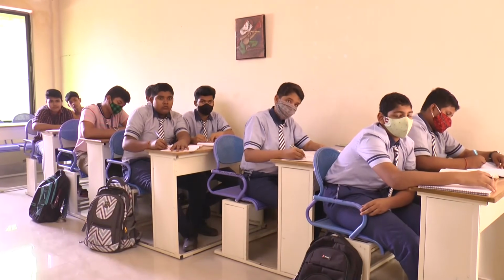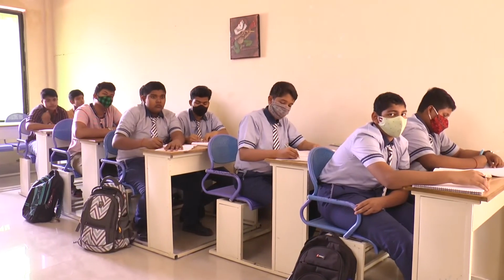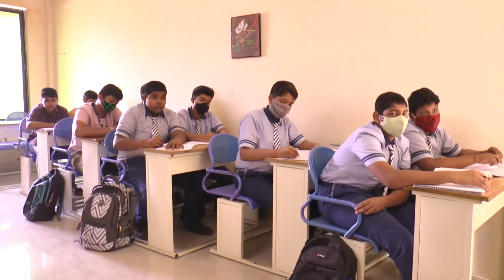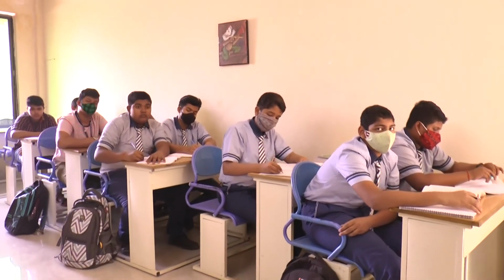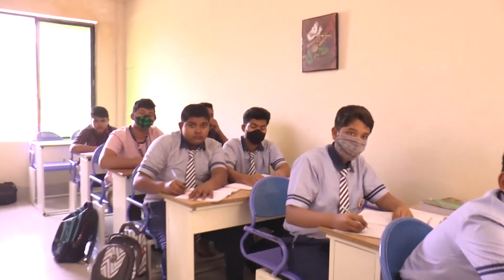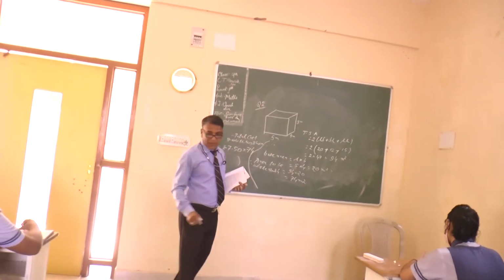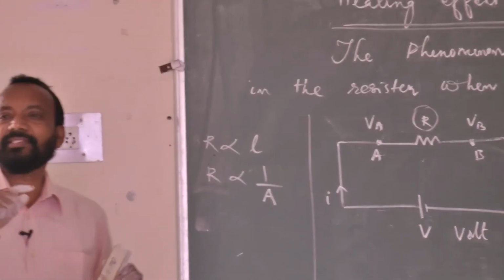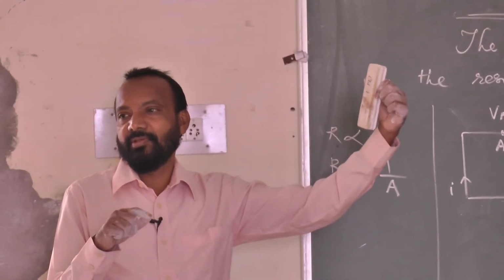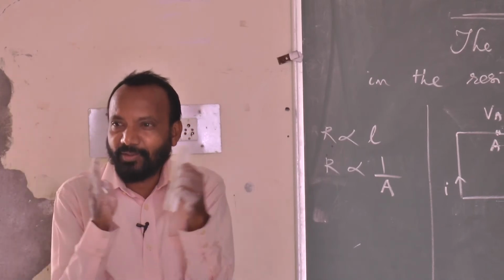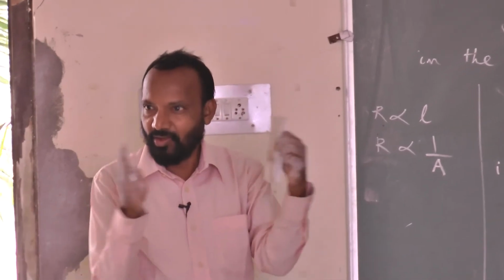Then we are going to calculate the specific resistance. Suppose if you know, we will get a little idea that resistance is depending upon what? Resistance is depending upon the length of the conductor. If the length of the conductor increases, then resistance also increases, and resistance depends inversely on the area of the cross section. Area of cross section decreases, the resistance will increase. Area of cross section increases, then the resistance decreases.